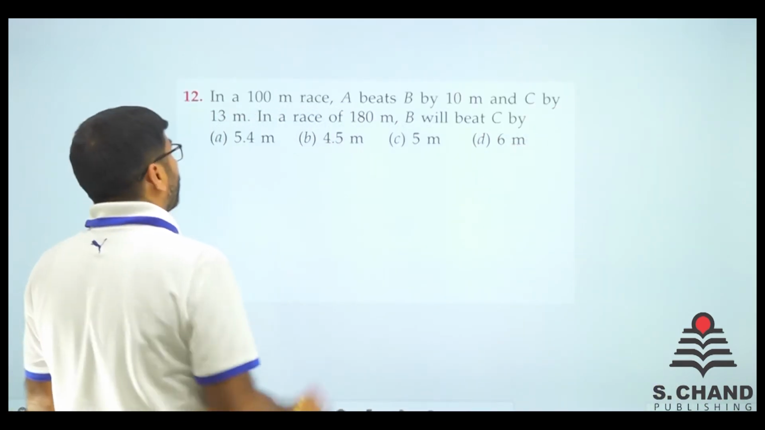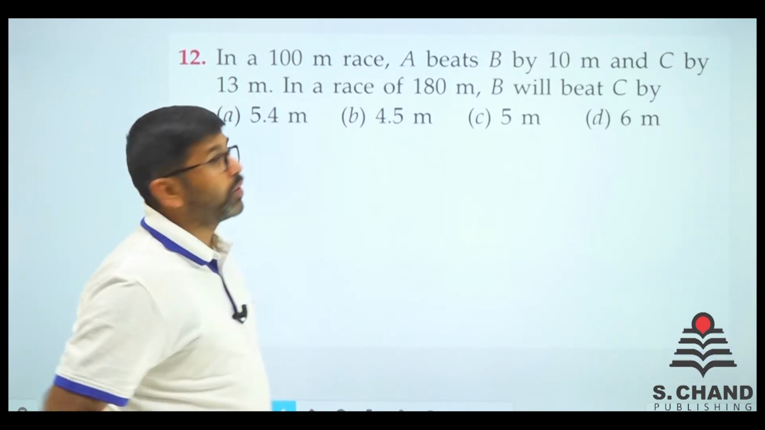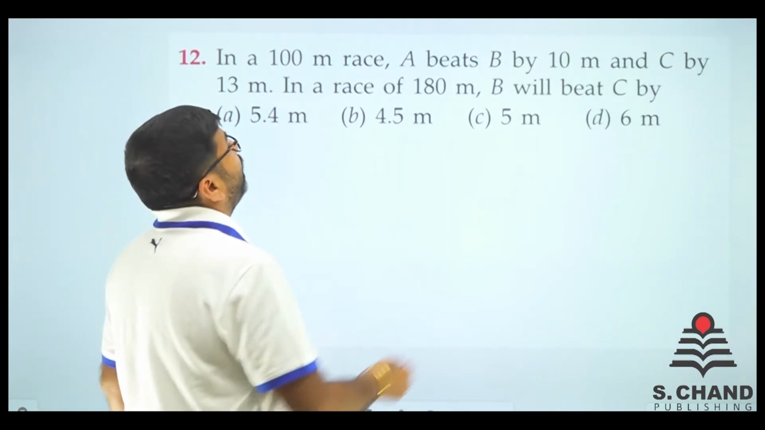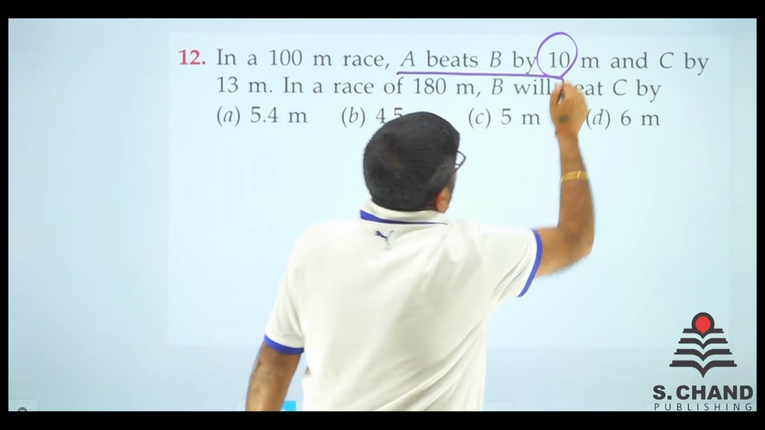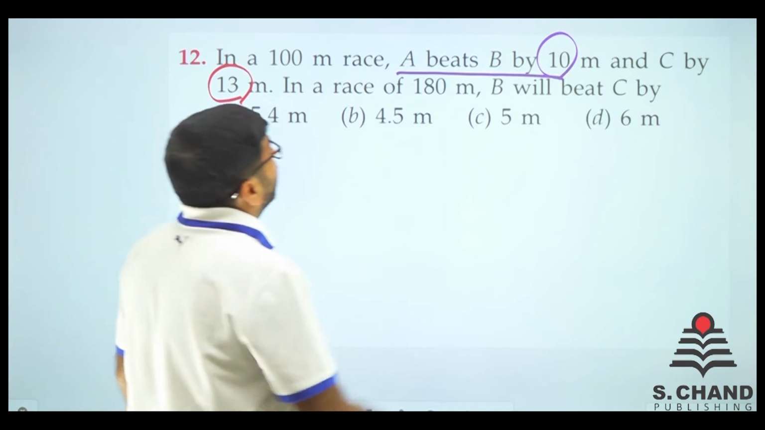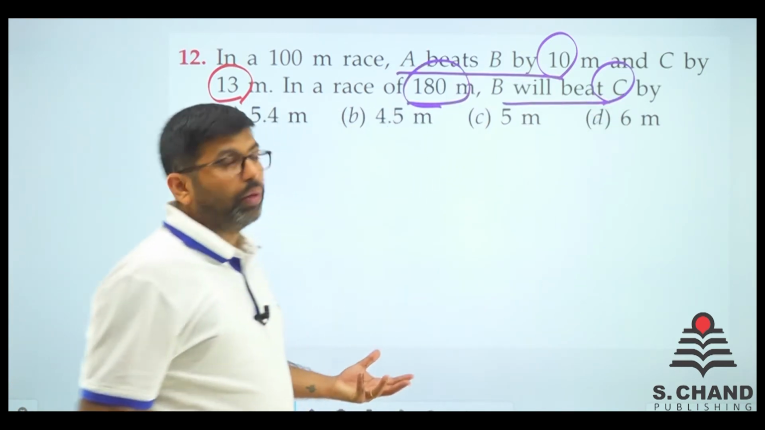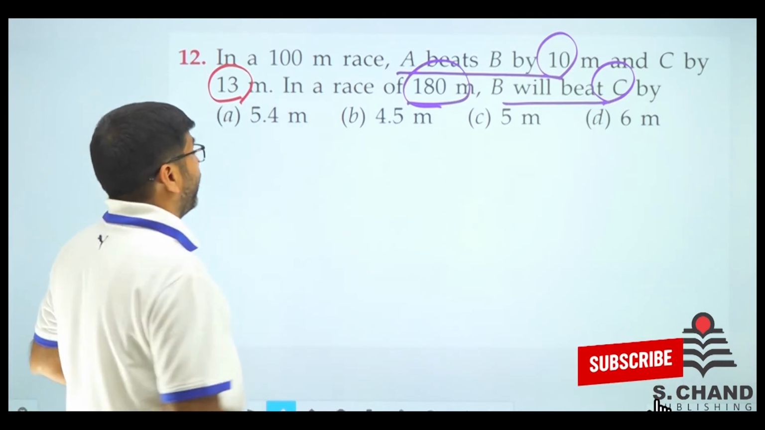Question number 12 for you all. So in a 100-meter race, now this is a 100-meter race. A beats B by 10. A ने B को 10 मीटर से हराया. C by 13 meter. Great, no issues. In a race of 180 meter, B will beat C by what? I don't know. So in this point we can do is, see,